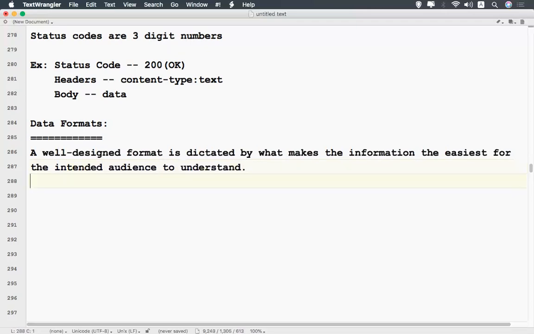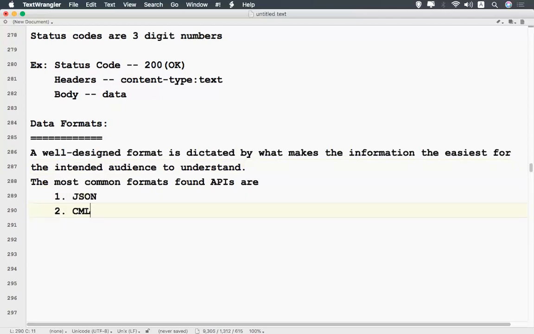So for this, the most common formats found in APIs are one is JSON and the second one is XML. Okay, so the most commonly used formats are JSON or XML.